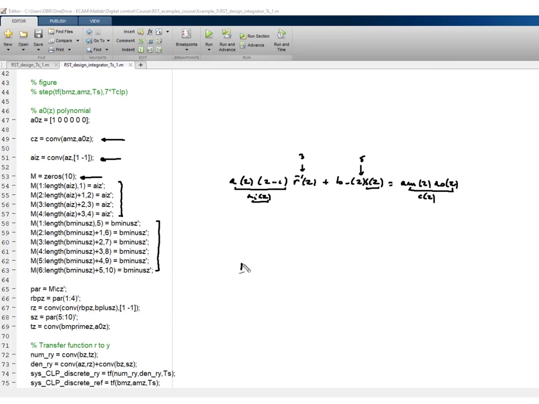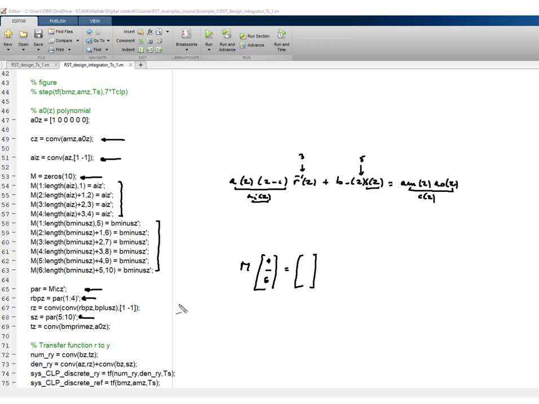So now we have the system of equations where we have the parameters over here. These are the parameters of r bar, there are 4 of them, and here you have the parameters of s, there are 6 of them, and then this is equal to, well, the coefficients that you have in the c polynomial. So to solve this, you do this in the proper way, as we have seen in the course of linear algebra. R bar is obtained by taking the 4 first parameters, and s is obtained by taking the last